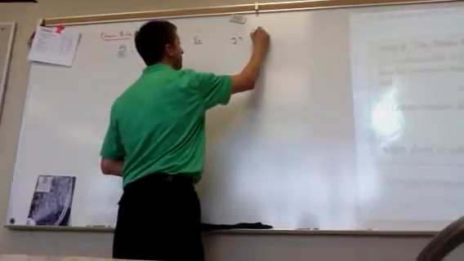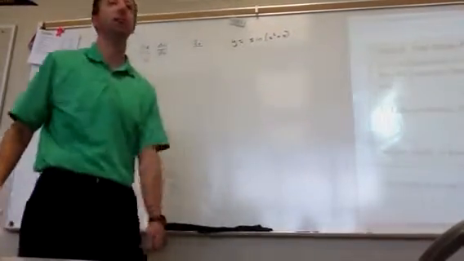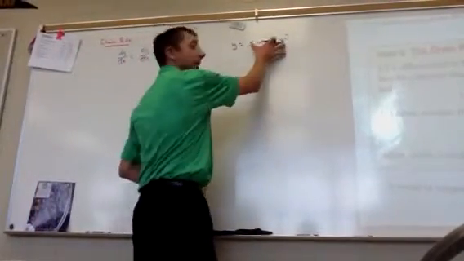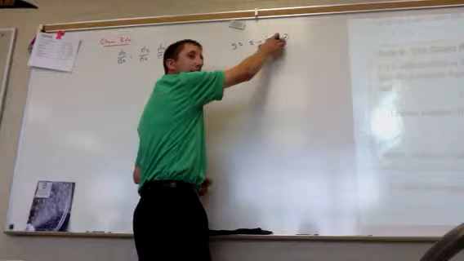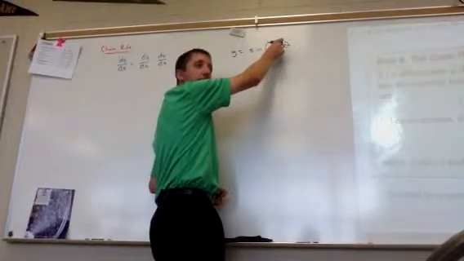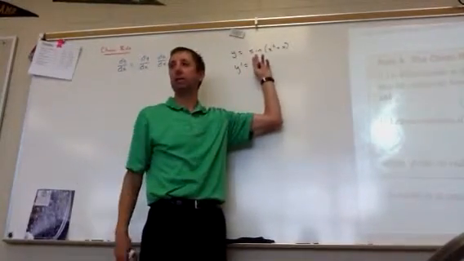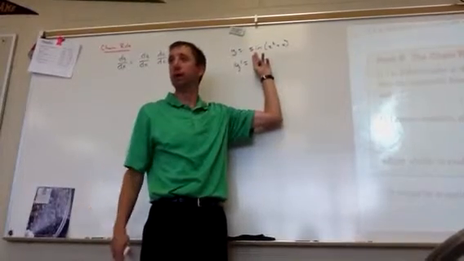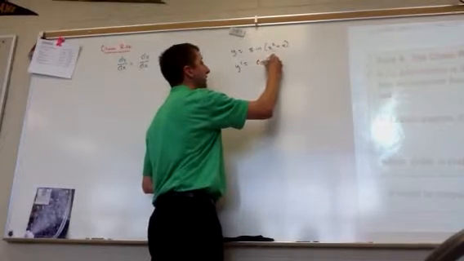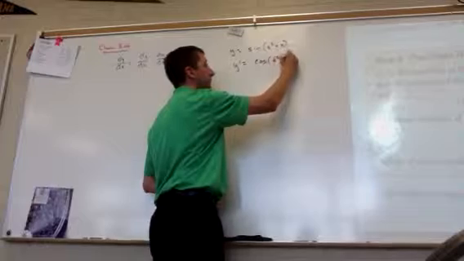y equals the sine of x squared plus x. Inside out method. Take the derivative of this thing times the derivative of what's on the inside. So y prime equals, what's the derivative of sine of x? Cosine of x, right? So then the derivative of this is going to be the cosine of x, but instead of x I've got x squared plus x,